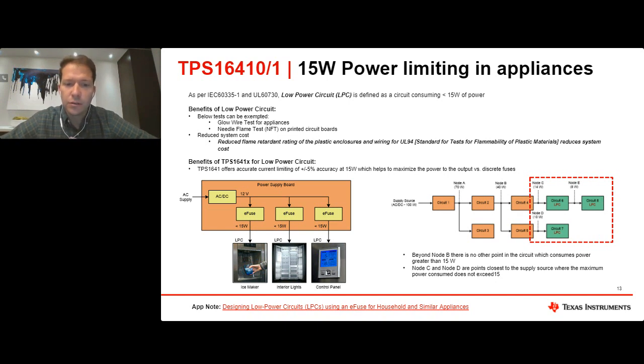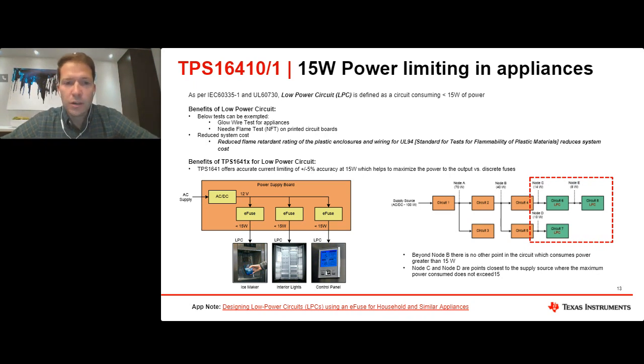depending on the power budgets for those. So if they are, one of the things that could be done is, any connectors from where the E-fuse or where the protection circuit is placed, anything after that point can be considered a low power circuit. So any plastics along that route after that point can be considered less of a fire risk, and you can help to save some system costs on those plastics.